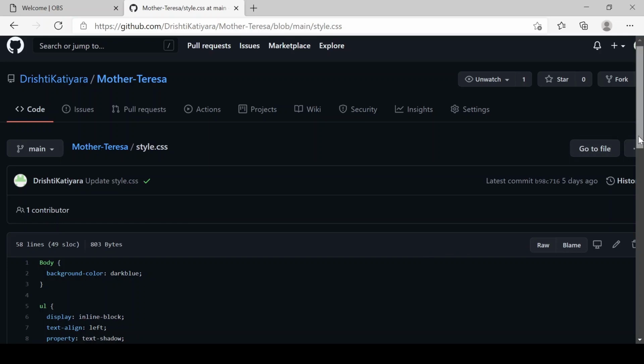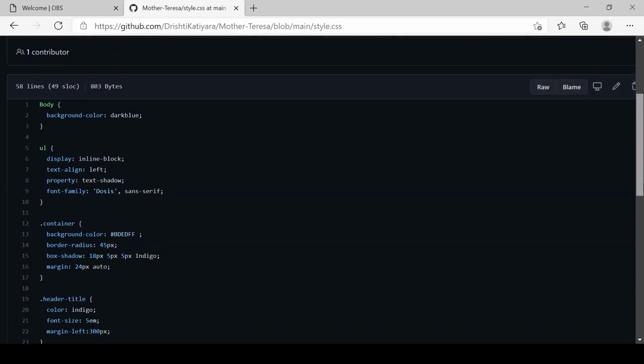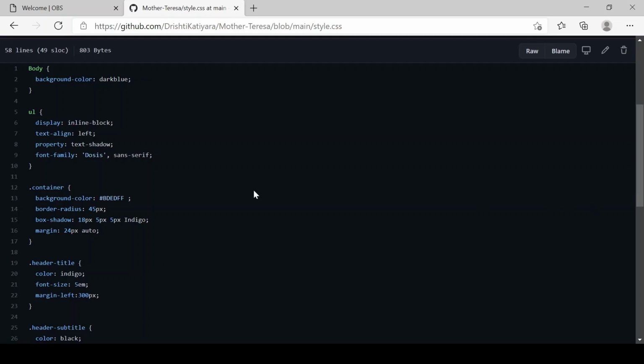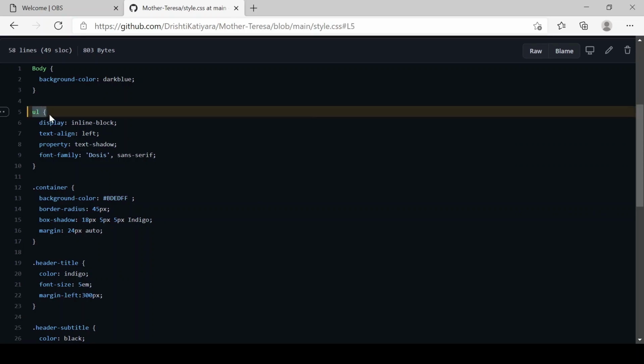CSS is mainly used for styling. So now we'll be using the .class selector to style the classes which we have created, or the divisions which we have created in the HTML file. The UL is used to style the UL block which we had used.